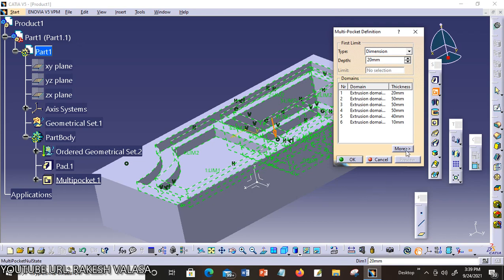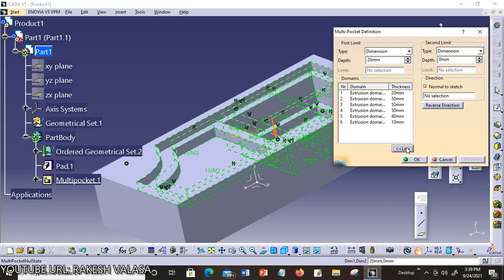Here one more option is there, the more option. Click more to expand the dialog box. It shows the second limit. You can specify a length value for the direction opposite to the direction previously defined. For example, I am choosing this one.